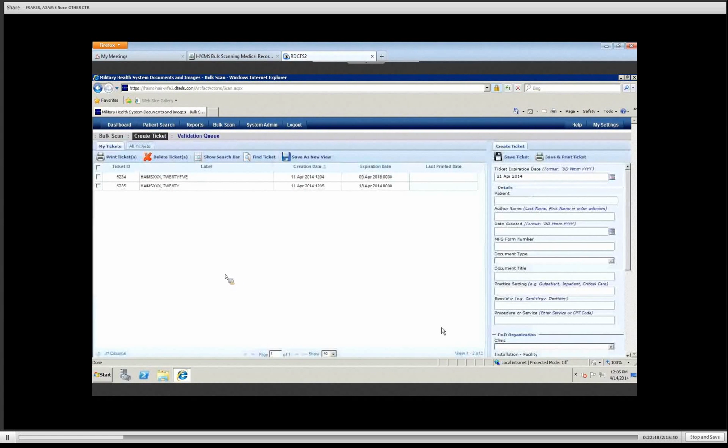So what do we see when we log in the first time as a medical records bulk scanner? We are going to be taken to what we call the Create Ticket screen. Now the ticket is really nothing more than a fax cover sheet that you are filling out with patient metadata information, and you print it and you put it on top of the documents that you are going to bulk scan